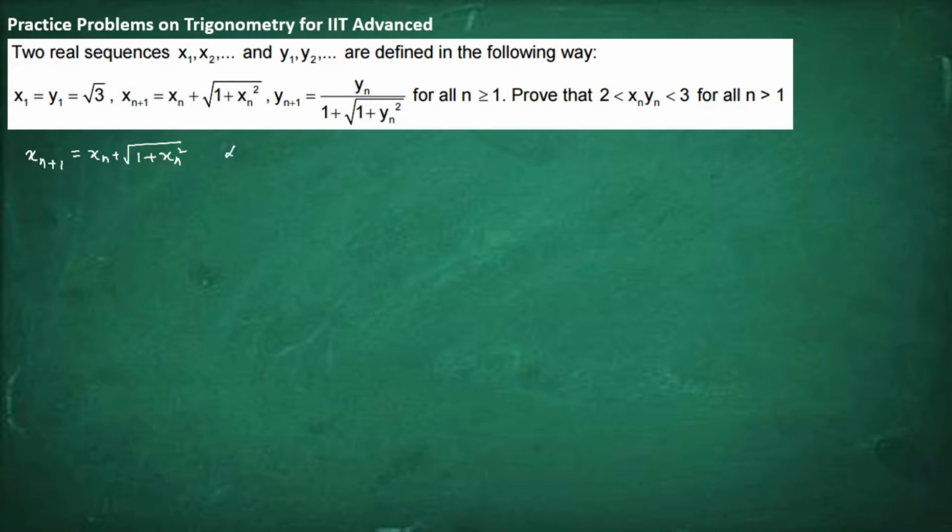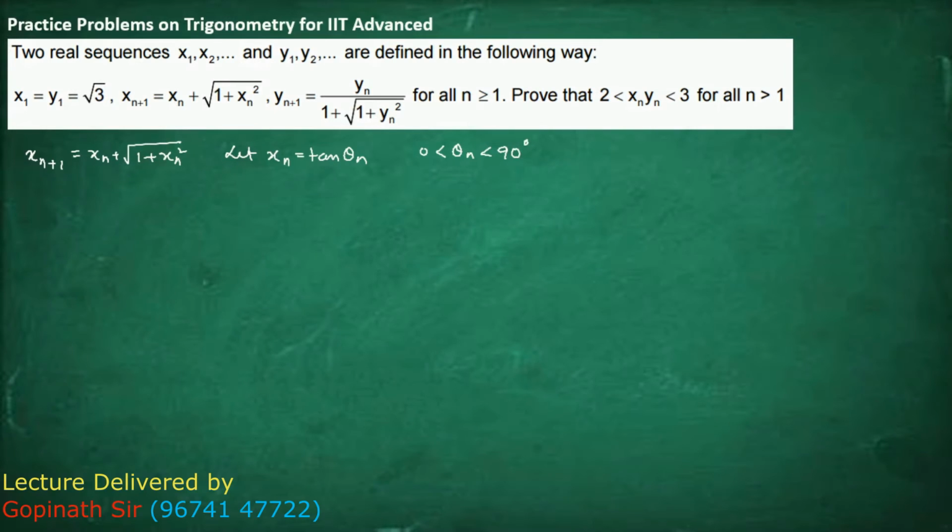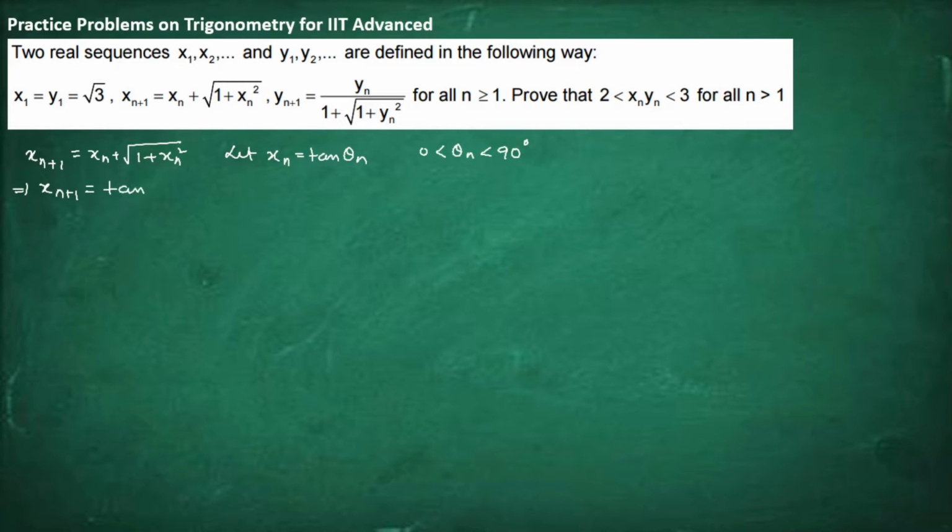Now let xn be equal to tan theta n, where theta n is in the first quadrant, right? So what is coming? We are getting xn plus 1 as tan theta n plus sec theta n. So that gives us sin theta n plus 1 divided by cos theta n. So that gives you